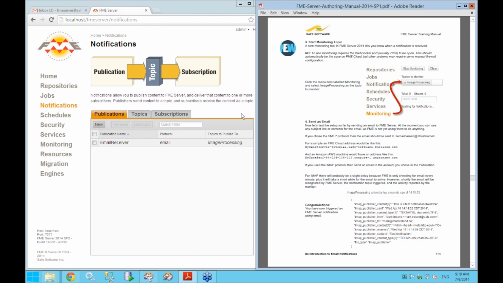And then next, what we're going to do is we're going to test out this workflow. So we want to be able to tell when we send this email into the server that FME server was actually able to receive it and was able to trigger our image processing topic without a problem. So to test that out, we're going to use some functionality that's new for FME 2014, and this is the topic monitoring. So click on the monitoring link on the left-hand side in FME server,